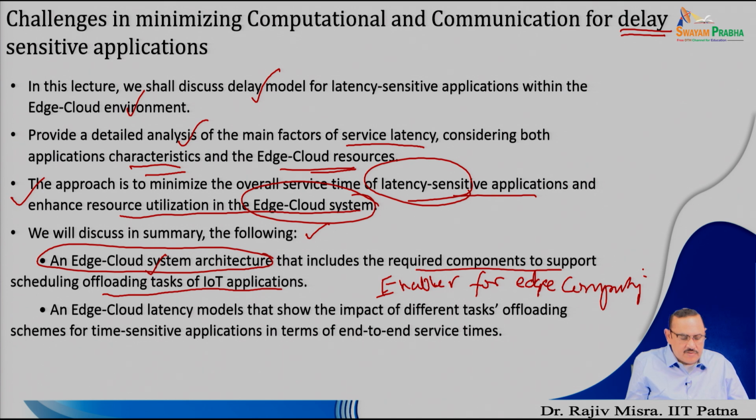Second important thing which we are going to consider here is called the edge cloud. For the edge cloud system latency models we are going to cover, and we will show the impact of different task offloading schemes. So, maybe you can design your own task offloading schemes, provided that it gives a better performance compared to the other schemes for time sensitive applications in terms of end to end service times. So, this particular model is good enough to measure the performance, and third thing is to measure